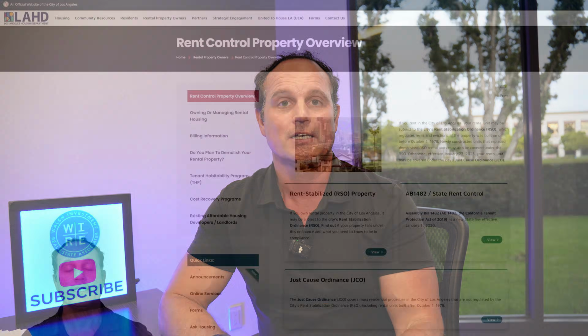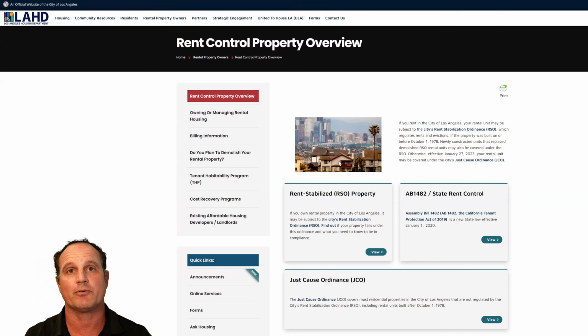So if a local city has a rent control ordinance, the first thing you want to make sure is that the property you're in actually falls within that city and falls within the type of property that is subject to the rent control ordinance. In order to determine whether a property has a local rent control ordinance, you're going to